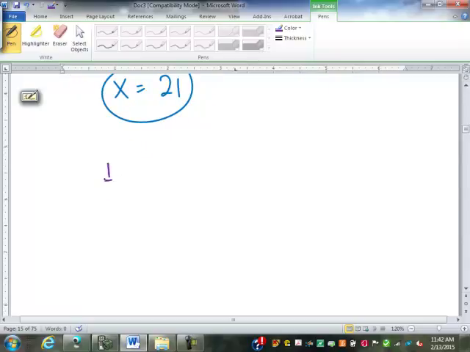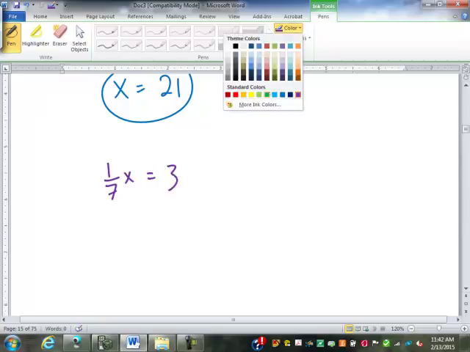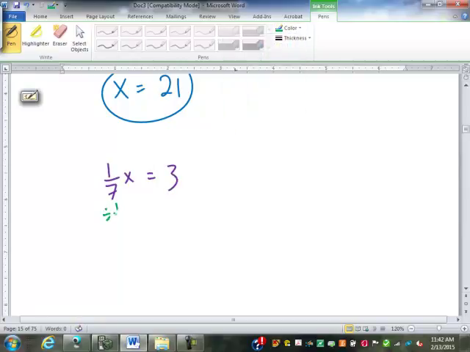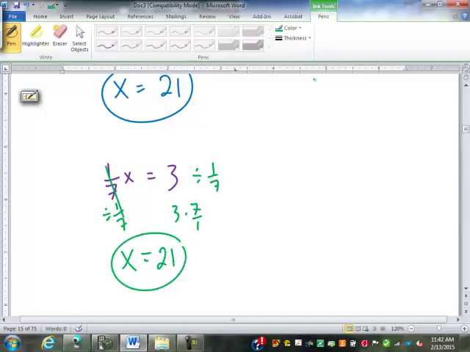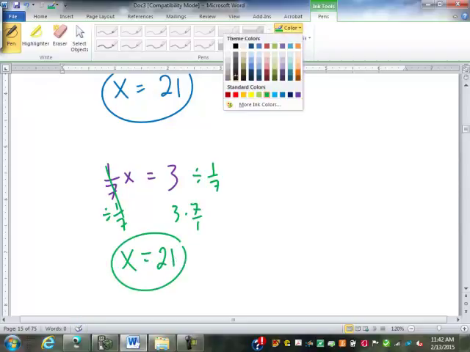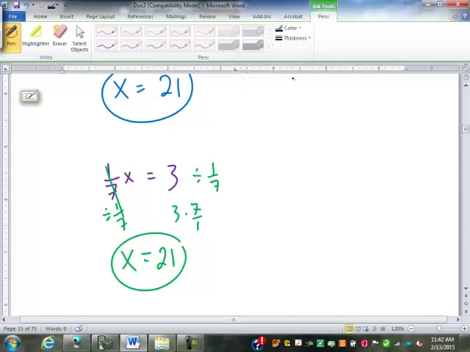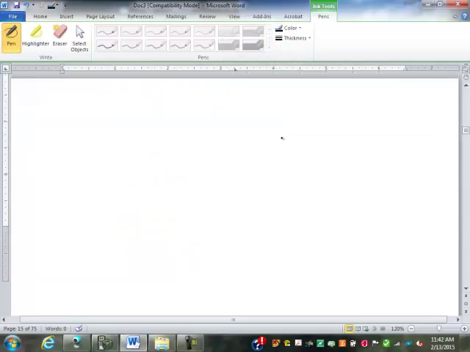So this would become 1/7 x equals 3, and to solve it, we would divide by 1/7. Now, 3 divided by 1/7 is going to be 3 times 7 over 1, which is still just 21. The reason I show you that, however, is we're going to run into some problems like